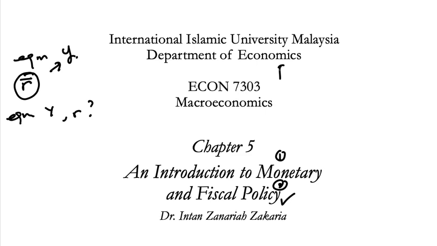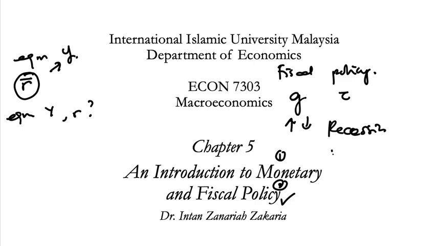Now, when we talk about fiscal policy, if you can recall back the thing that you have learned in your undergraduate level of study, we know that fiscal policy has two main tools, and those tools are government spending and also government tax. Okay, so these two can either increase or decrease depending on the economic situation in the country. And you know that in a country's economic condition, you have two things: